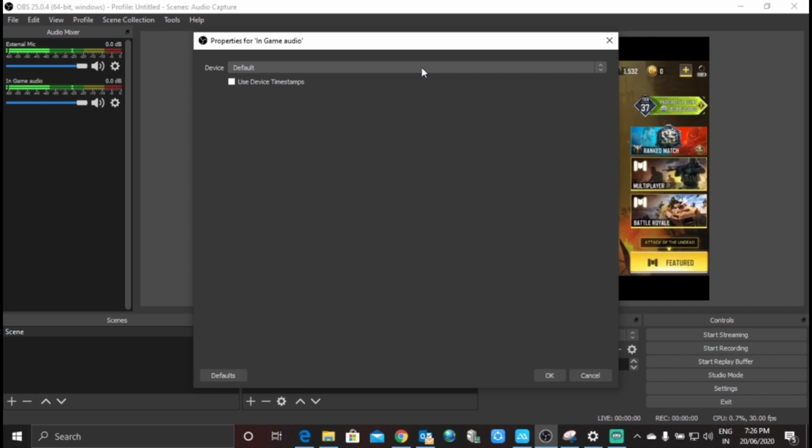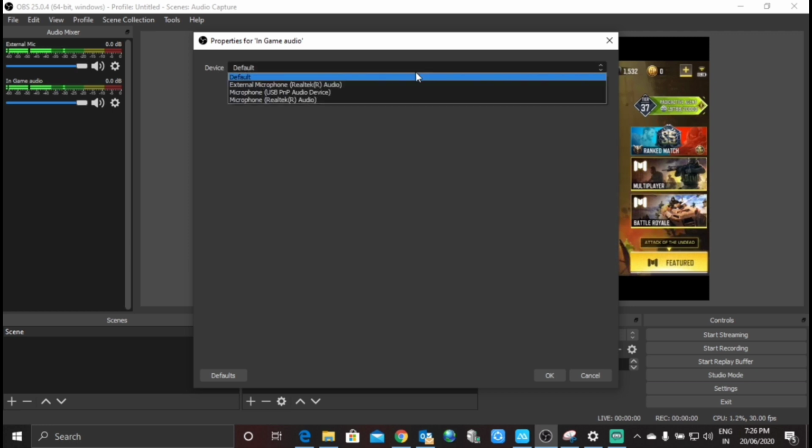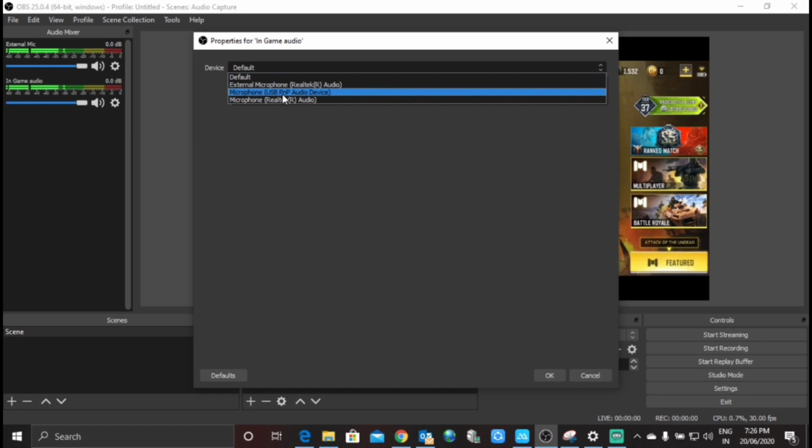You remember how I connected my aux cable through a splitter from my phone. So all the audio can be transferred into OBS through the aux cable and it can be merged into my OBS. So what I'm going to do is select that USB device, USB sound card, which is microphone USB PNP audio device.